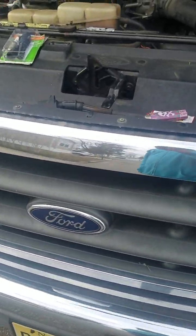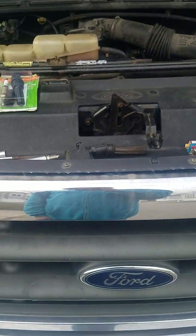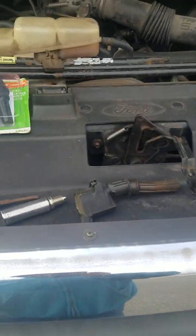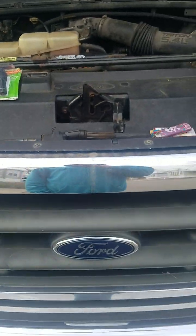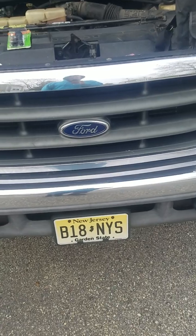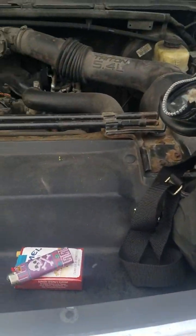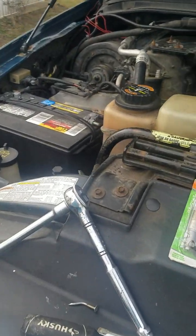I figure this is a 5.4 liter Triton. These Triton motors on these older trucks have a tendency to blow out spark plugs. I just want to show a quick, easy, simple way to fix them, because you take them to the mechanic and they will charge you a fortune. So I wanted to tell you a little bit about how I went about fixing them, and it seems